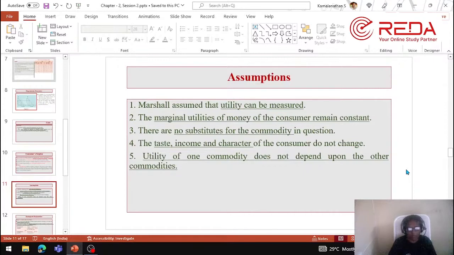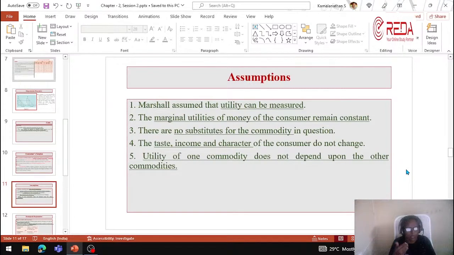But that is not possible in real life, because we will have an aim to purchase a particular commodity, or a particular brand of a commodity. After going to the shop, my taste may differ on seeing other commodities. My income, I may have 5,000 rupees in my hand. Then after going there, if the price level of the commodity is very high, or if the quality or the appearance, or my preference changes, if 1,000 rupees is extra, those having more money in their hand may be ready to